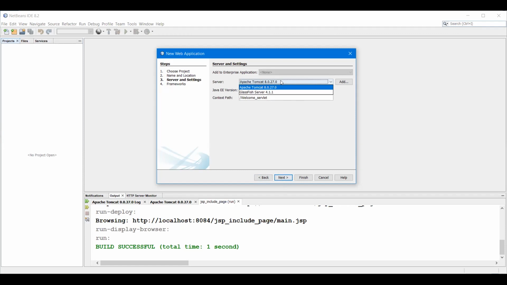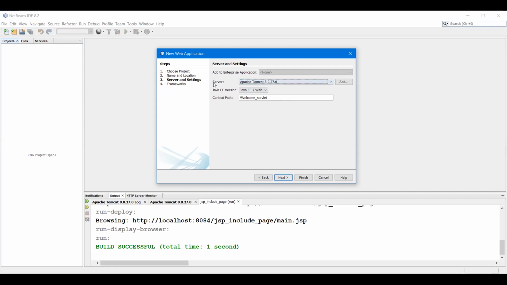Before installing NetBeans, click on Customize, and in Customize you have to choose GlassFish along with Apache Tomcat. I will show that window also for your understanding.